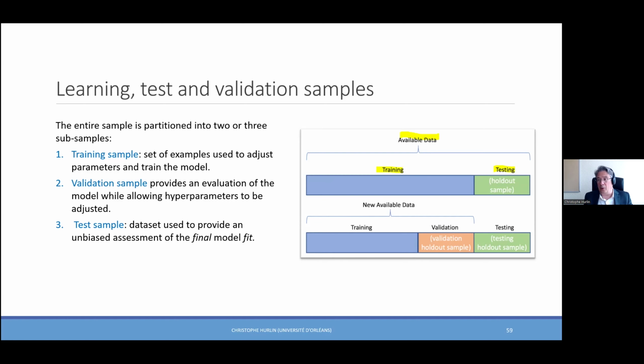In a few minutes, I will have to split the training data set into 2 subsets. First, what we call the proper training data set, used to learn the model, but also a validation data set, and we will discuss this point. This validation set will be used to determine the optimal value for the hyperparameters of the model. Okay.